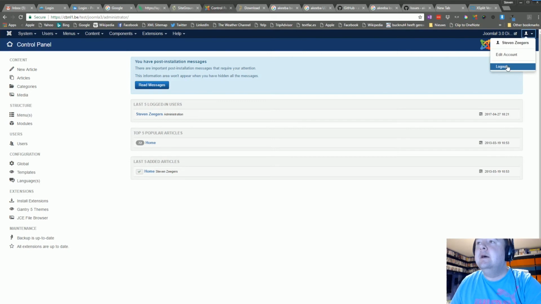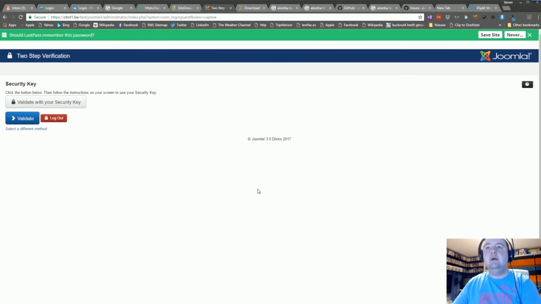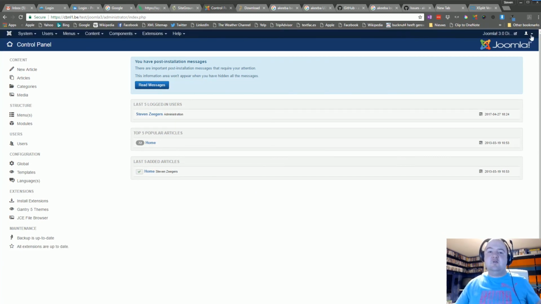So I am going to log out completely. Let's see. I should now be prompted for a key. I'm asked to put in my key, so I'm going to validate with your security key. That's the only option there is. It lights up. I click it. I could click validate, but it automatically allows me to enter, and I'm in the website. As you can see, it works just fine,